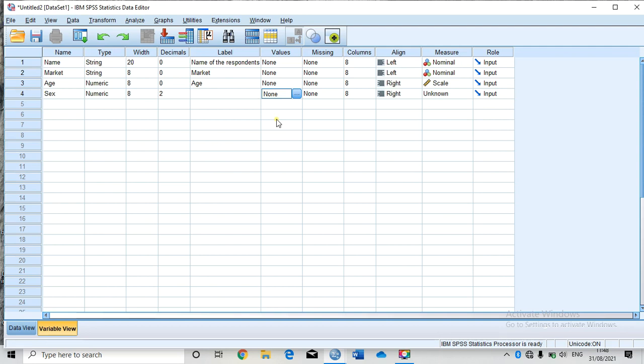In such a case you will be entering male, female, male, female, male, female, and that will be very strenuous for data analysis. Consider entering data of 1,000 plus. Entering male and female each time will be too much and very difficult,